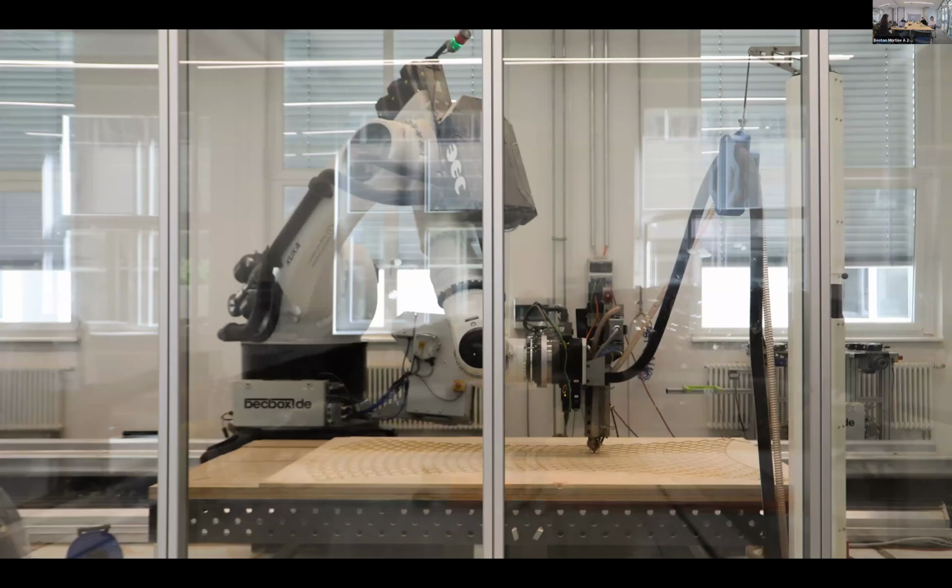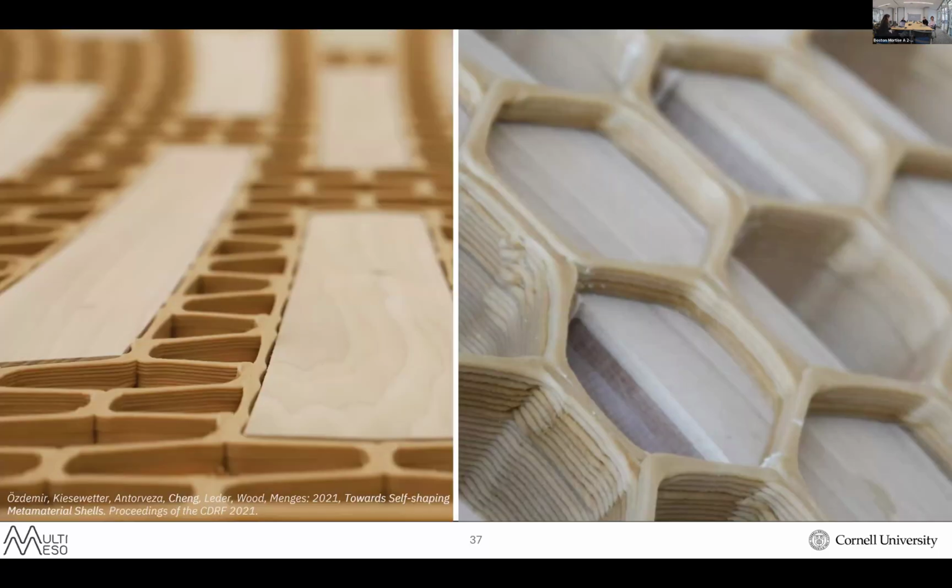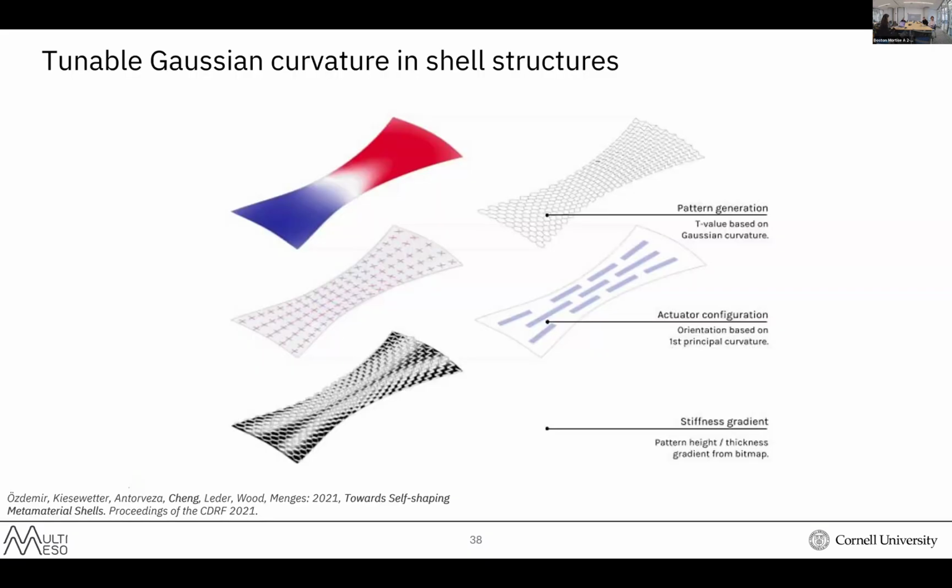So based on this large-scale additive manufacturing platform, I also supervised my master thesis students to explore the unique properties of auxetic metamaterial structures, which interestingly, when bent, form surfaces from positive to negative Gaussian curvature, depending on the pattern, from the inverted hexagon to the normal hexagon pattern. And in order for a flat geometry to create a shell structure, it requires each part of that surface to shrink and